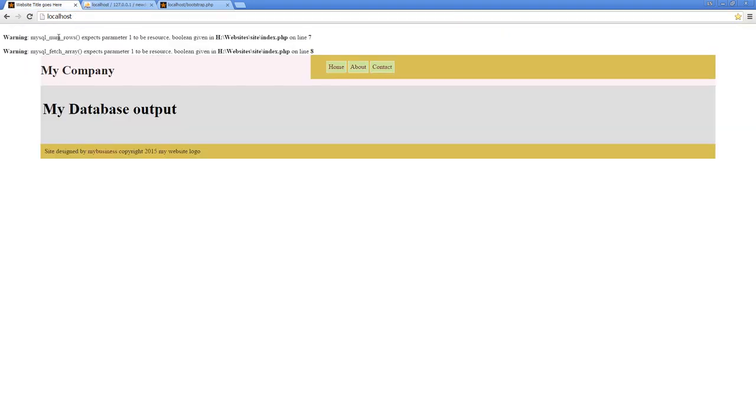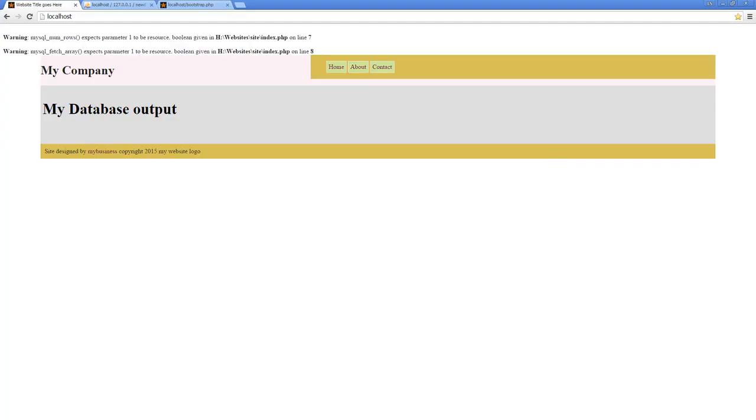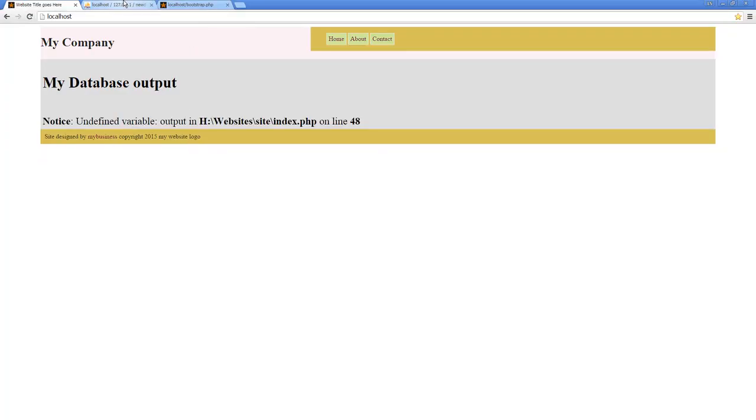Because our query was an insert instead of a select query, we have to make sure that the methods we're using also match. So this method really wouldn't apply because we're actually doing an insert. So we have to comment those out, change this to 3, go back out and refresh it. Okay, we're still getting an error there because again I'm asking for that output there for the number of rows and so on. So I have to simply comment that out as well. Go back out, refresh it one more time,